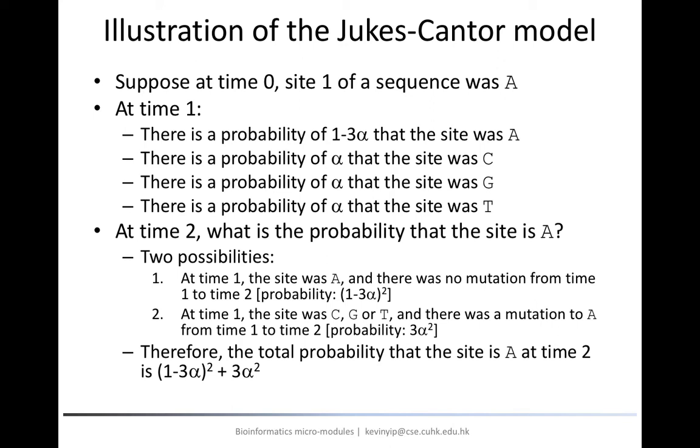In fact, we can continue with this calculation to ask the probability for the site to contain a particular nucleotide at any time. One issue of doing that is that if we want to know the probability at a certain time t, we need to repeat the above type of calculations t times. Remember that we want to make each time unit small, which would equivalently make the number of time steps large, and thus the calculation time-consuming. Therefore, instead of doing it step by step, we want to derive a formula that can easily tell the probability at any given time t.